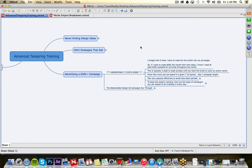We're really working week to week mostly because, like I said, you'll have a shirt take off. You don't know when a shirt's going to take off, so it might not take off this week, but next week we have one take off, so we need money next week. So it's a week to week process, but be planned a month ahead, a little bit ahead. All right, so